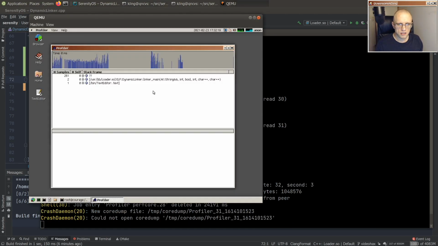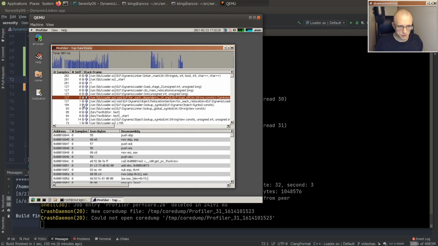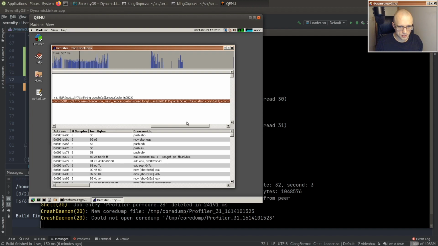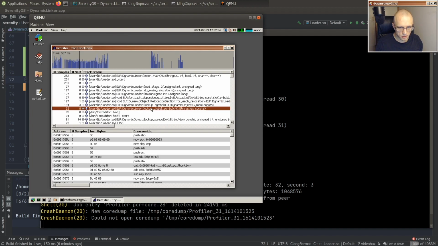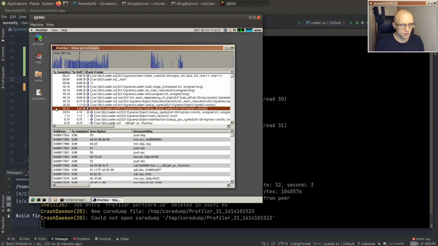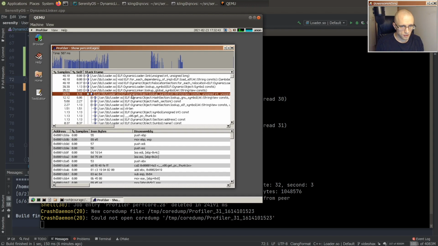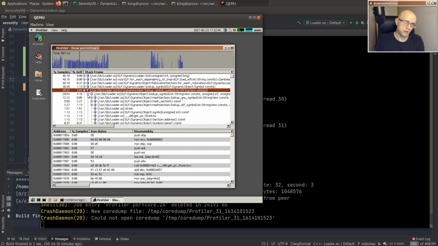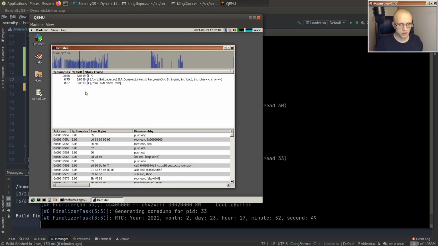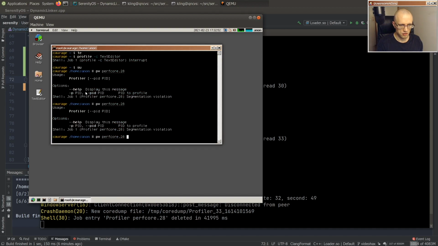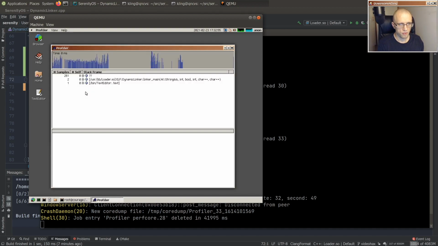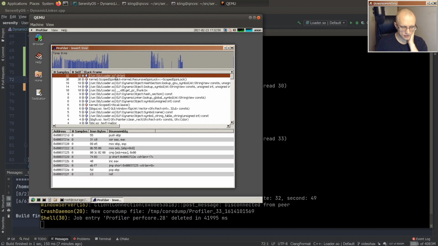So let's just start it up again and try to get a top view here. Man, I need to test without KVM sometimes just to see these performance issues. So I wanted to look at lookup global symbol, right? So we're still spending 35% of our time in global symbol lookup. But yeah, so the GNU hash issue is basically gone. That's awesome. Now we have strlen instead at 12%, and then